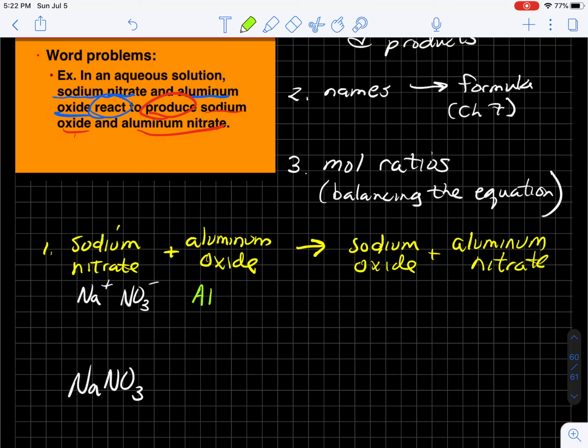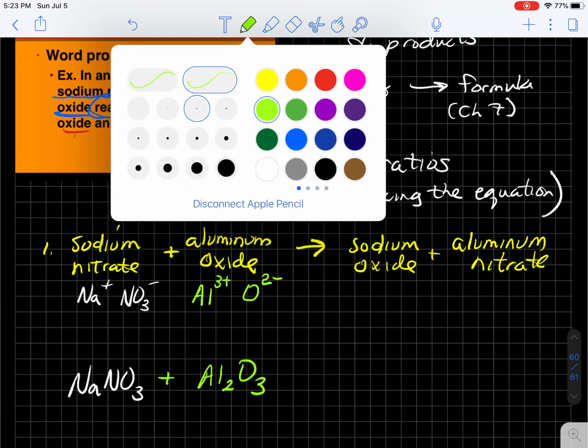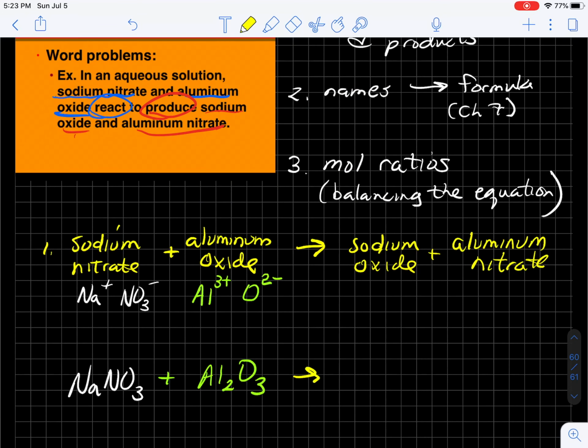For aluminum oxide, let's do that in a different color. We look up aluminum, group 13, gives it a positive 3 charge. Oxygen, group 16, negative 2 charge. So let's do our little crisscross technique, which I hate. So we've got sodium nitrate plus aluminum oxide